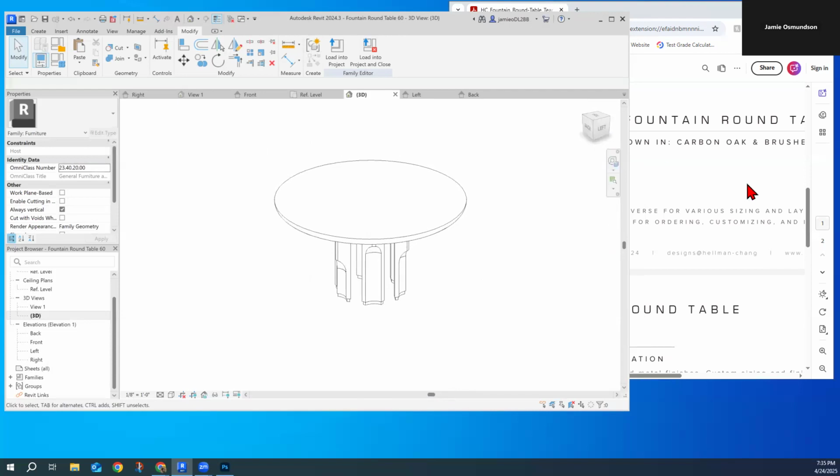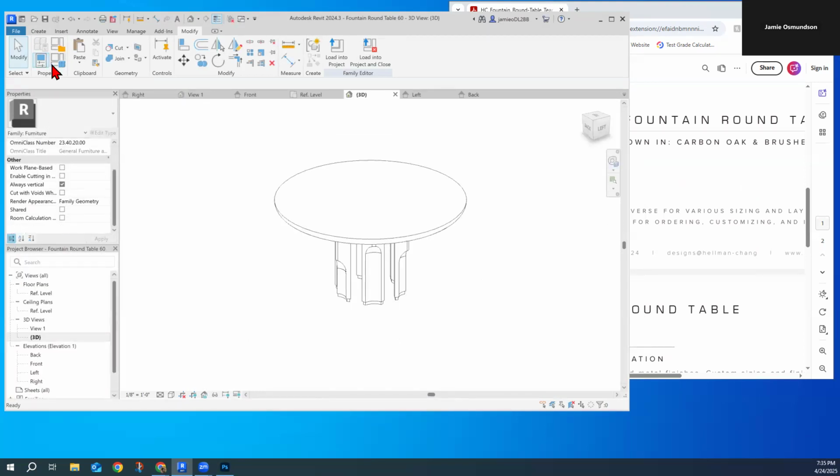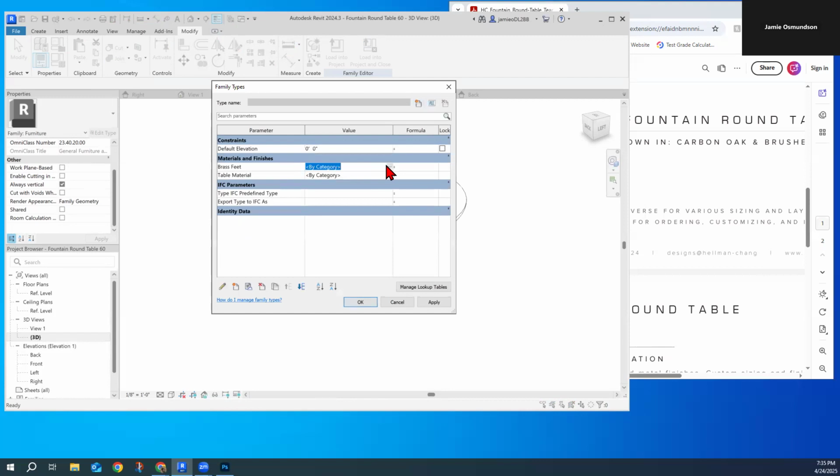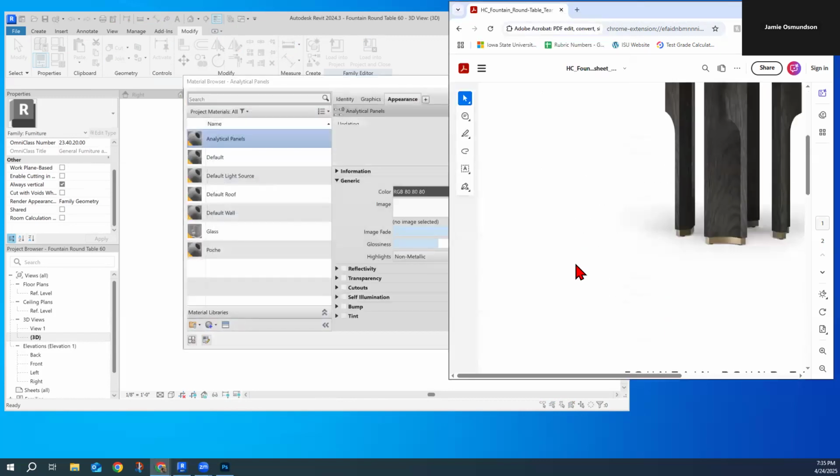So now let's create some materials. So we have the materials in the parameters. Sorry, family types. There we go. So now we can go ahead and just create the appropriate materials. And this is, oh,